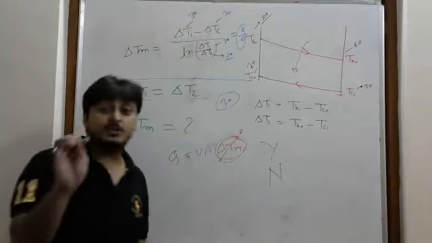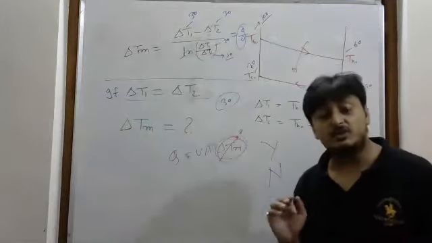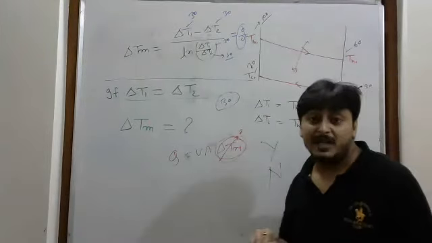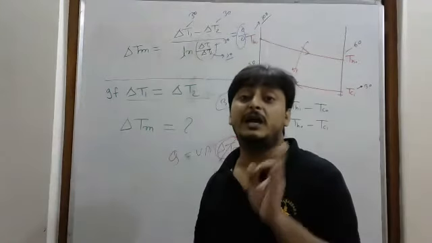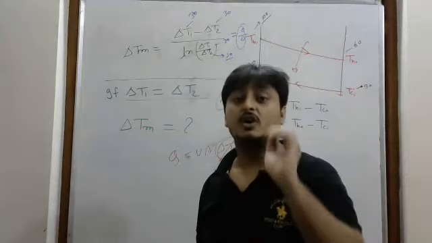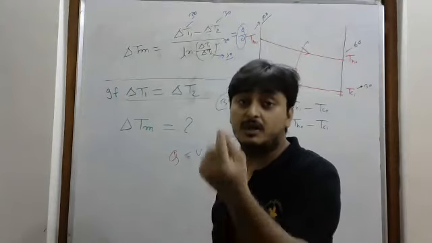Because 0 by 0 is an indeterminate form. If you are getting 0 by 0, you cannot solve directly. What you have to do is apply a limit formula. And which limit method do you have to apply? You have to apply L'Hospital rule. If the value is coming 0 by 0, you have to apply one method. That method is known as L'Hospital rule.